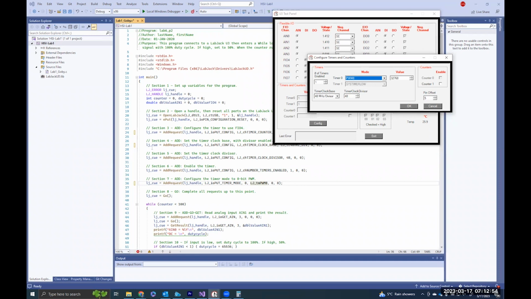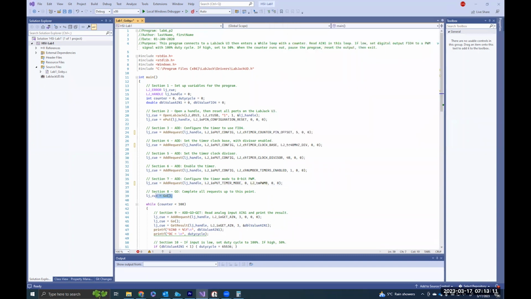So what this program, the code from section 3 up until section 7, does is set the exact configuration of the control panel using the code. Once all of them are set, we send it to the device using the LJ go command, right? So all these setups get assigned into the LJ queue in an array. And then when we send the go, it all goes to the device. So that's what I want to bring to your attention,